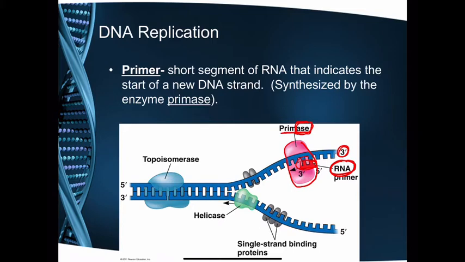So this is the 3' end on the old strand, the parent strand. So down here, that's the 5' end on the daughter strand. That means the 3' end on the daughter strand is right here. So the primer is going to move in this direction, okay? 5' to 3', okay? Nucleotides added